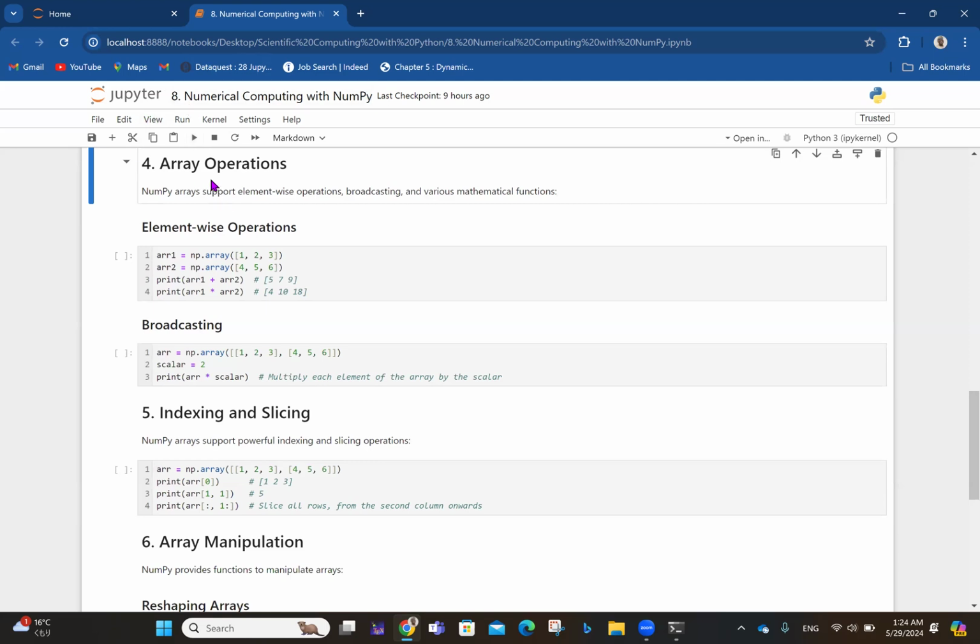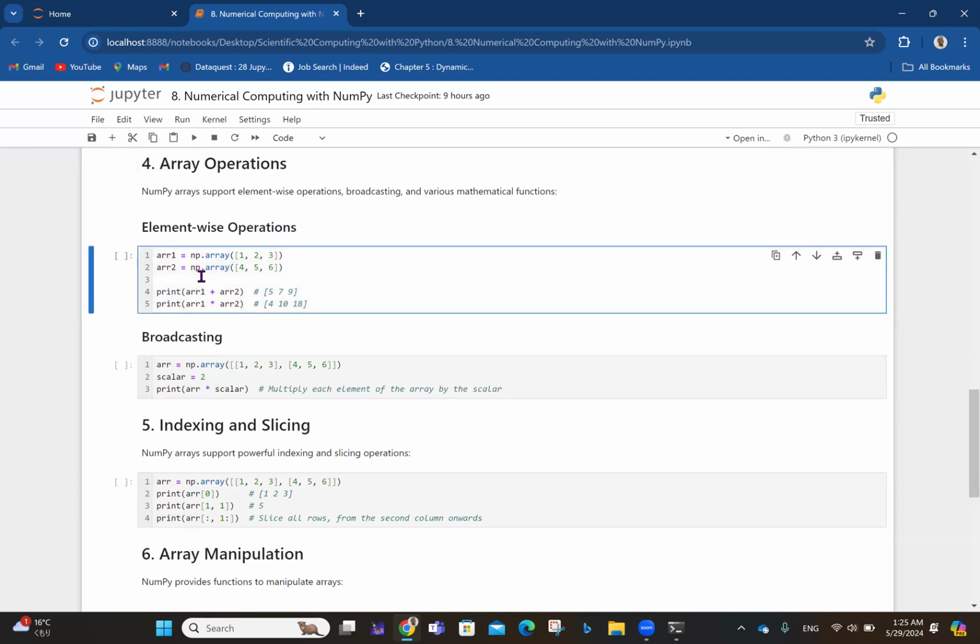Okay. So talking about array operations, NumPy arrays support element-wise operations, broadcasting, and various mathematical functions. If you want to do element-to-element stuff, which is very common when you're working with matrices, for instance, like if you want to add or subtract matrices, you do it element-wise. So in this case, array 1 is, you're making a list into a NumPy array. The first one contains 1, 2, 3. The second one contains 4, 5, 6, and then you now want to print